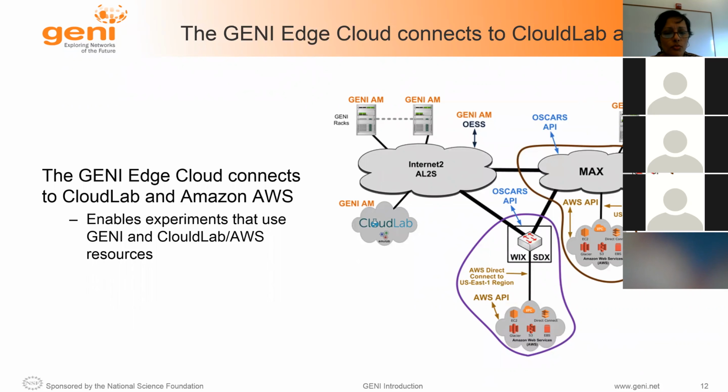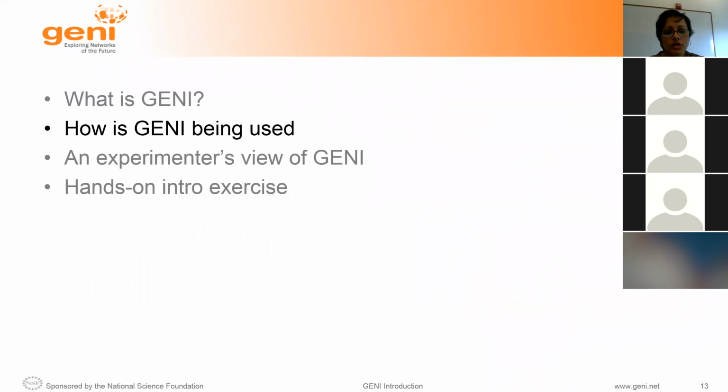And CloudLab is more closely connected to GENI. So you'll find that if you have an experiment on GENI, you're also able to use resources from CloudLab and Amazon AWS. So this was just a quick overview of what exactly GENI is,